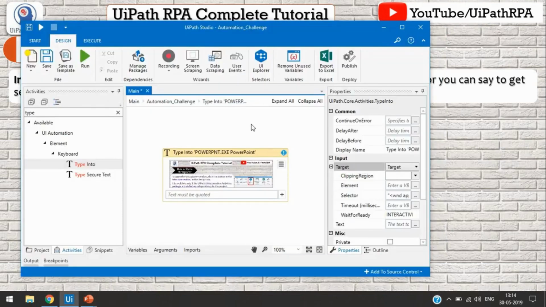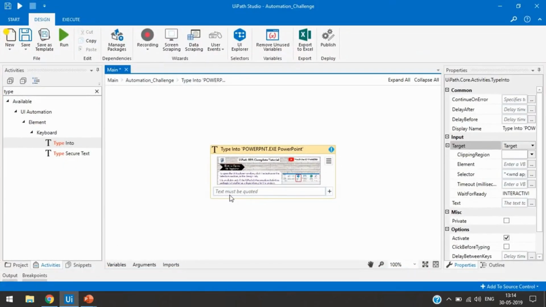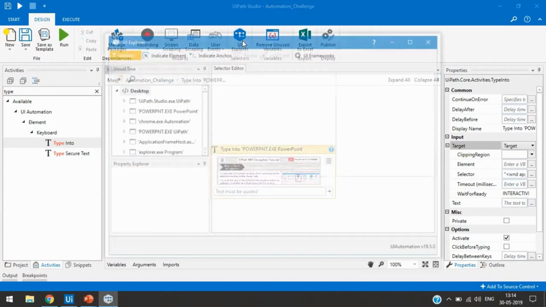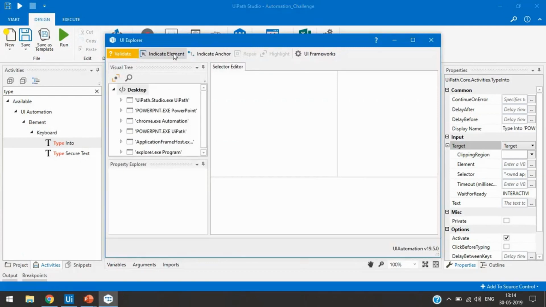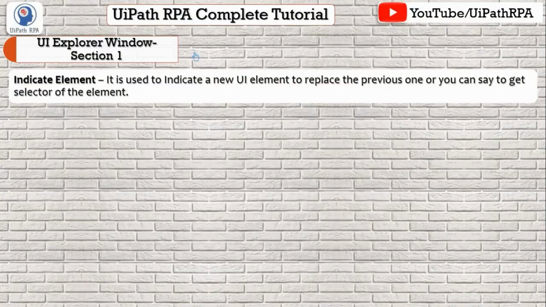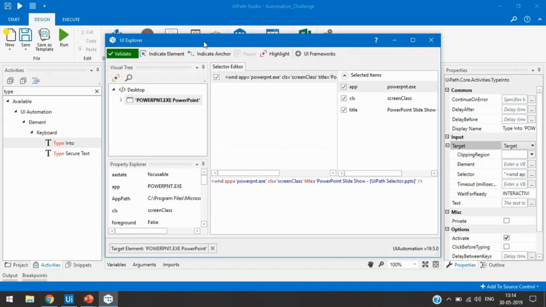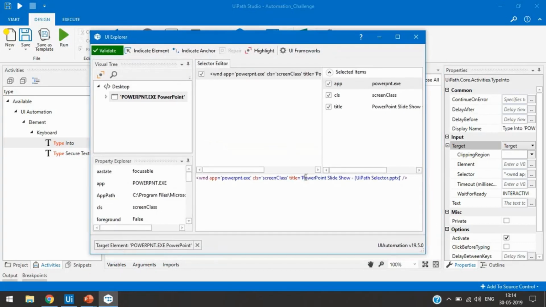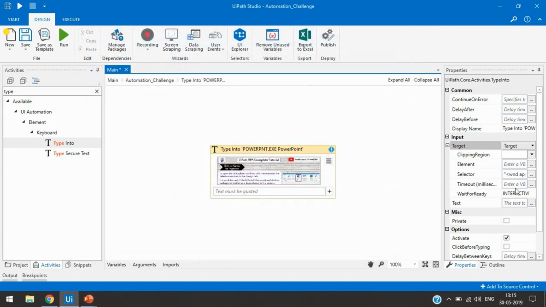Or if you are getting a pop-up that is not part of any activity, and you want to get the selector of this, then how will you get that? For that you just have to open the UI Explorer and then indicate on element, and you can select any window, any element, and get the selector of it, copy it and use that selector anywhere.